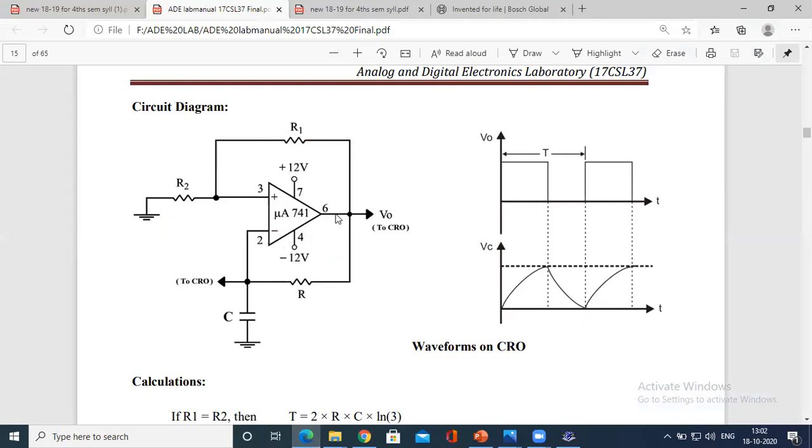3 to 6 shortened with a resistor R1. 3 to R2 connected with resistor grounded. 2 to 6 connected resistors. Fine. 2 to 6 with a capacitor 0.1 microfarad grounded at one time. Yes, let us continue.